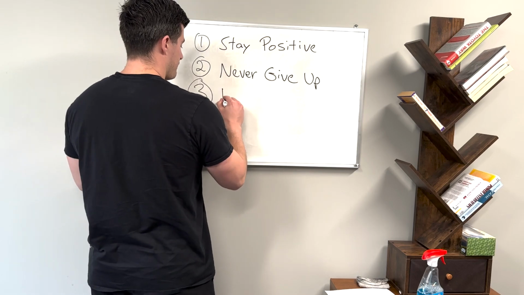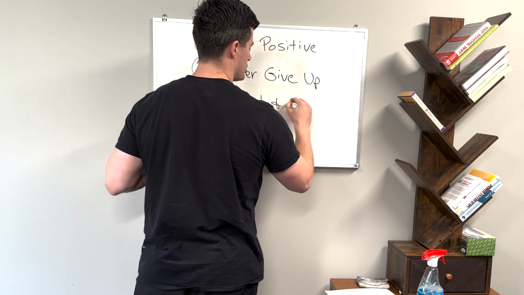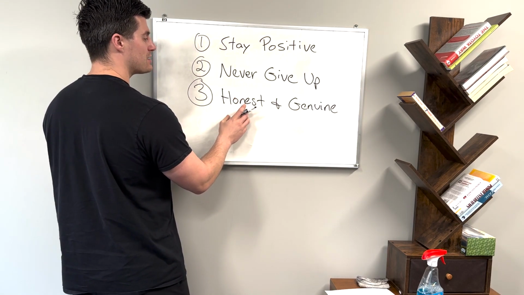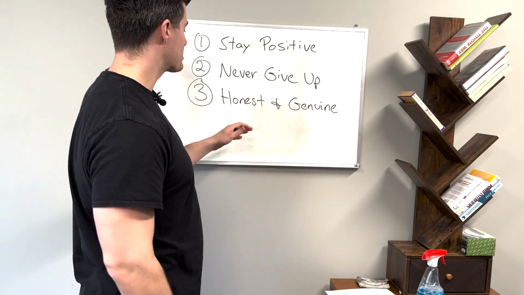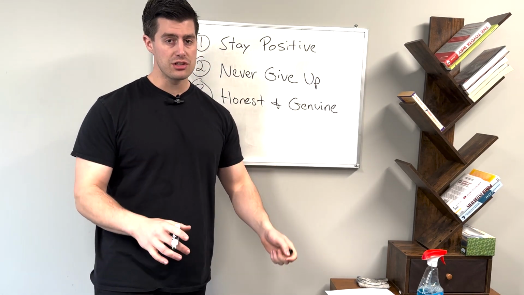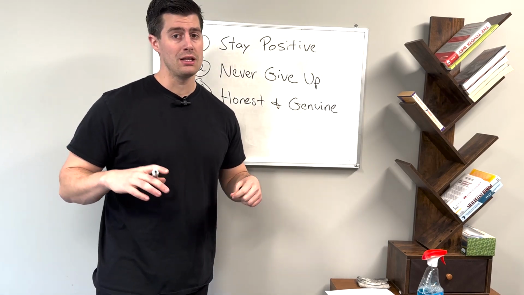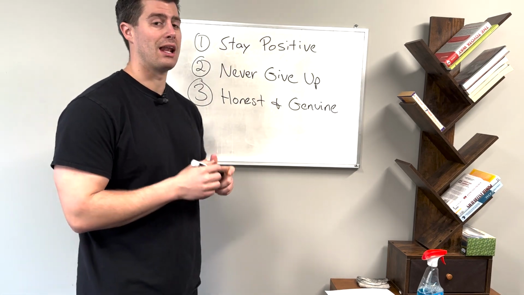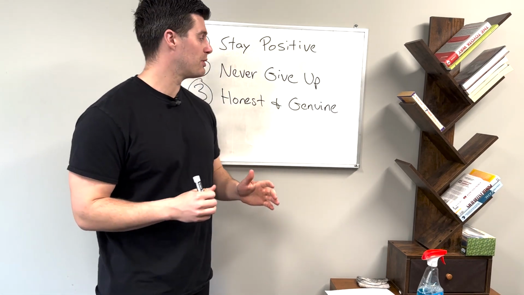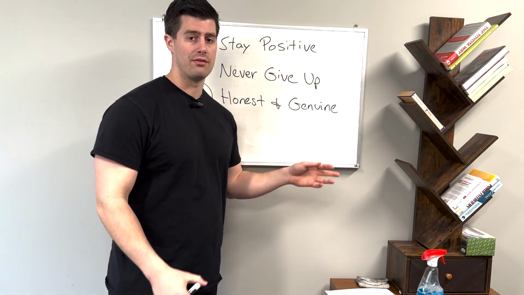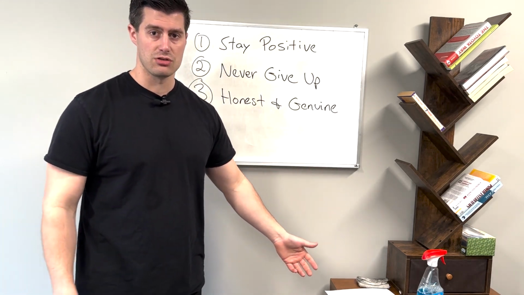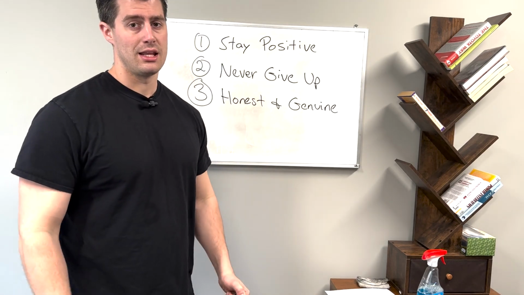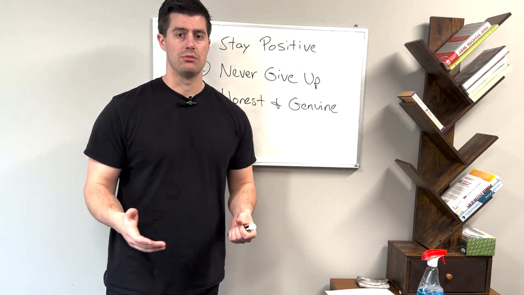And then the third thing is just be honest and genuine. You cannot fake this. This is why you need to pick a business that you genuinely enjoy. Pick something that you love doing and pick something that you're interested in. Because like for me, bookkeeping, accounting, taxes, helping other business owners, that gets me fired up, and I can do this all day. It gives me so much energy. I'm able to be genuine whenever I create content, whenever I talk to potential clients, and I can be honest. It's really, really hard to create content and to do something every day if you don't genuinely enjoy doing it.